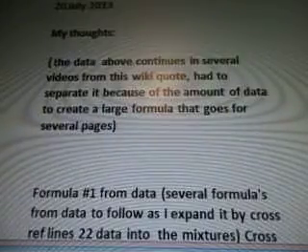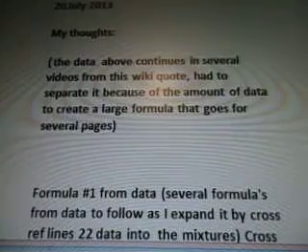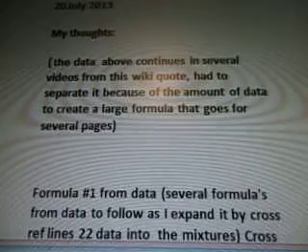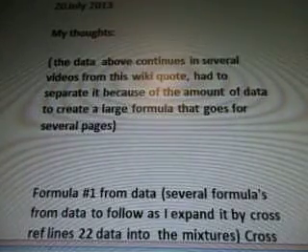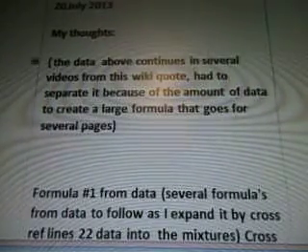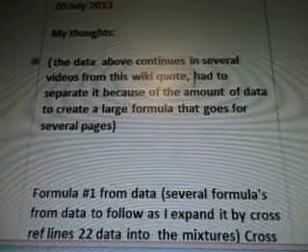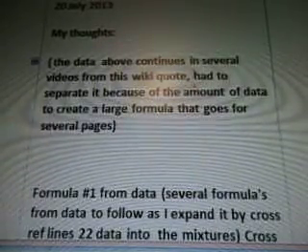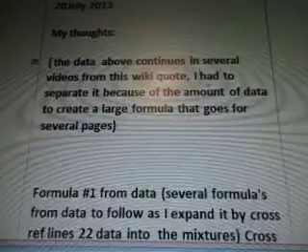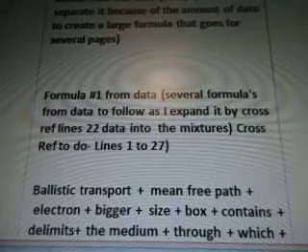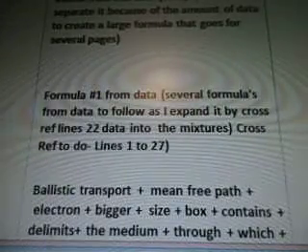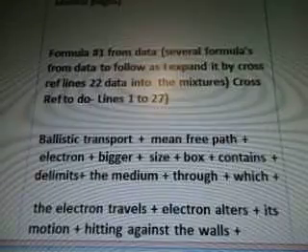July 20th, my thoughts, 2013. The data above continues in several videos. From the wiki quote, I had to separate it because of the amount of data to create a large family that goes for several pages. Okay. Formula number 1 from the data is several formulas from data to follow as expanded by cross-referencing lines 22